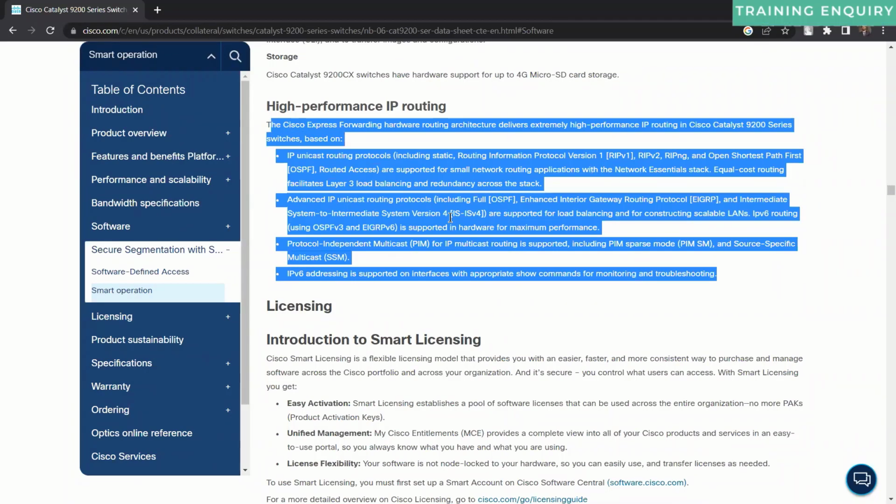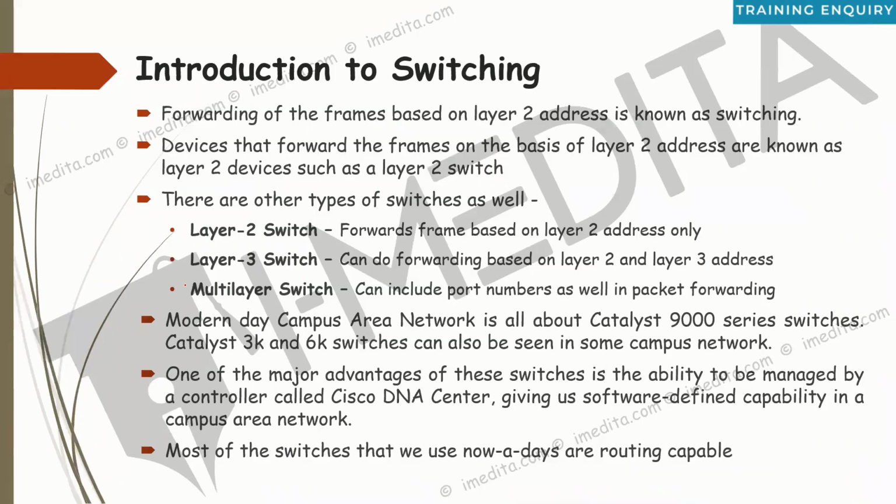So we cannot, actually. Like I said, at this point in the modern day campus area network, it doesn't make that much sense. In the modern day campus area network, this concept of layer 2 switch, layer 3 switch, and multi-layer switch is almost going away. We will very rarely see a layer 2 switch being used in a campus area network. At the access layer, we might see at most 3850 series switches, or 37, we can see layer 3 switches being used in the